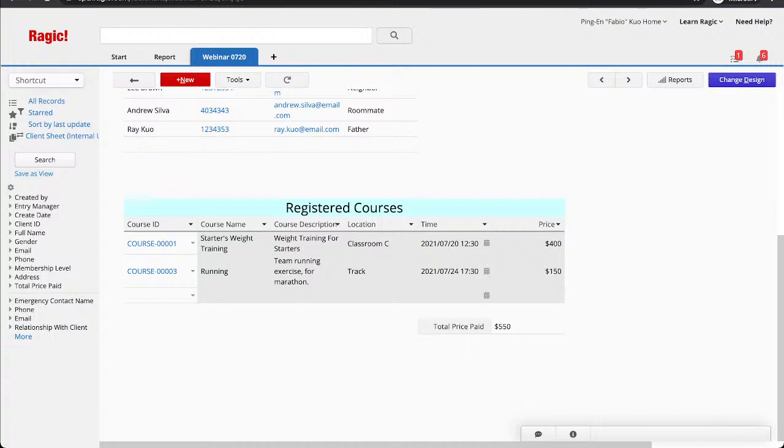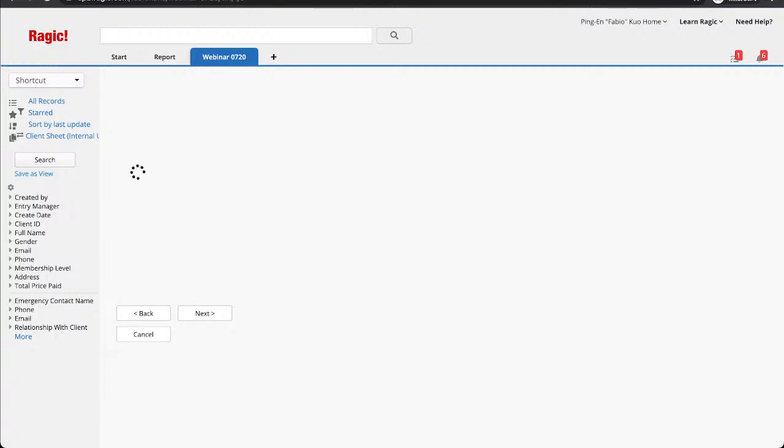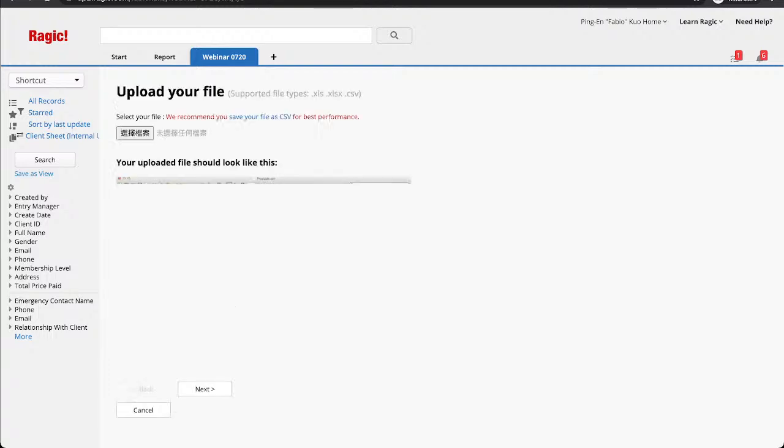So I'll just answer some questions quickly. User Lizette Lim asks, can I import data from Excel to create a new sheet with Ragic? Yes, just click on create a new sheet right here, and then you can select to create a new sheet with my Excel file. Once you click on create, let it load.